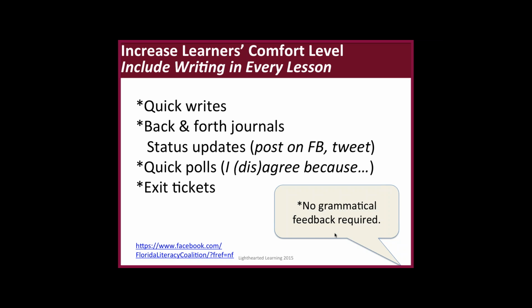But a quick write is giving students a minute to write on something, or sometimes two minutes. Back and forth journals is just giving the students a piece of paper, and they go back and forth either with you or with a peer. And it can be on any topic. It can just be a simple question. What was the best thing that happened to you yesterday? Favorites, simple types of questions initially, so that one student writes and then they exchange their papers. Both students write, they exchange their papers, and they respond to what the other person wrote.